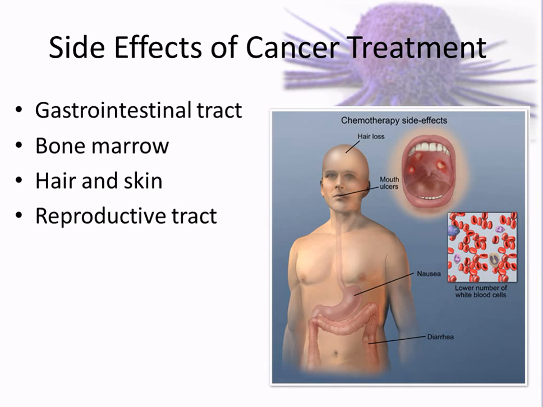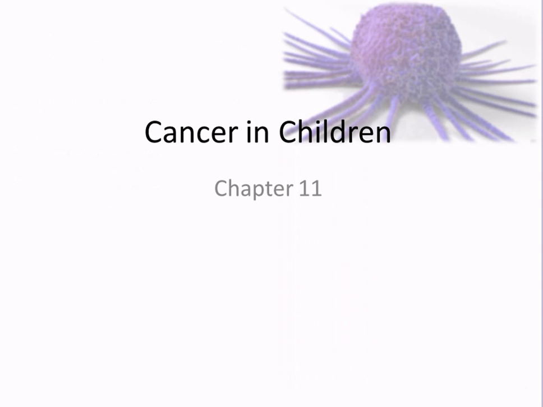So reproductive tract in women, you want to think of things like the uterine lining, and in men you want to think of like the testes, constantly making sperm. So all of these, the chemotherapeutic agents, are all affecting things that rapidly reproduce. So if somebody gets a cut, what's going to happen to their rate of healing? It slows down. It's just one of those side effects.